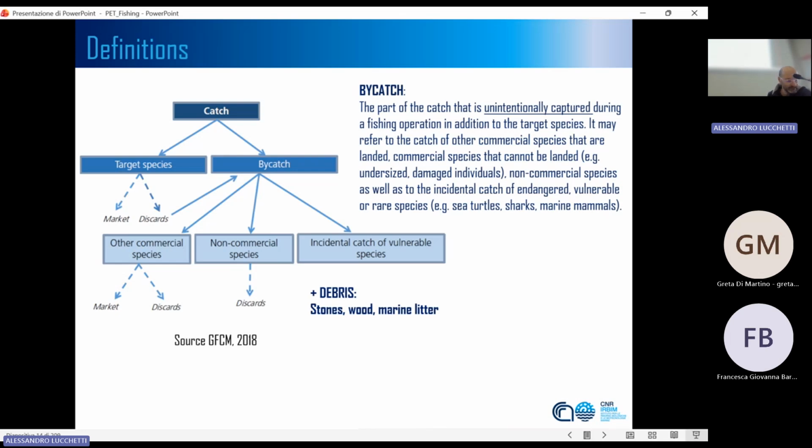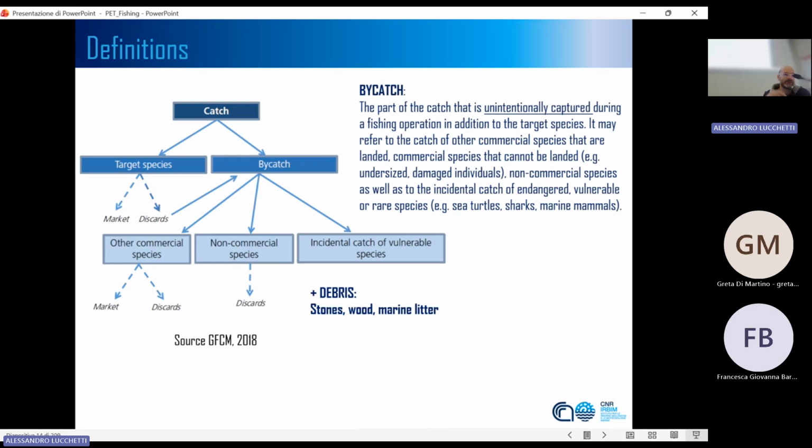that target just one or a few species. We have the, let's say, the volante, the pelagic trawl. They usually target anchovies and sardines, let's say. We have the hydraulic dredges. They catch clams, and in some areas the razor clam. We have some specific long lines that target swordfish and some other bluefin tuna, but in general, in Italy we